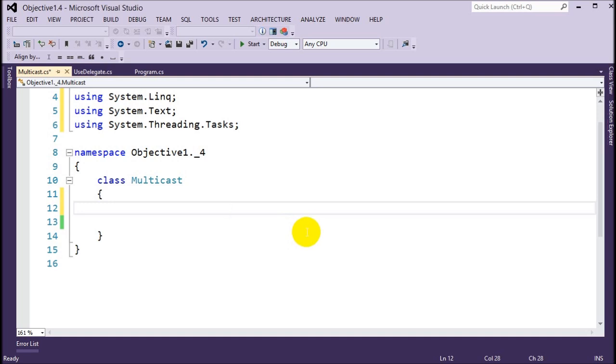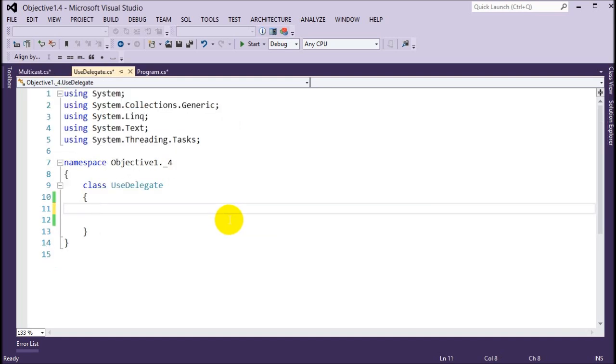The reason why we're talking about lambda expressions right now is because delegates can use lambda expressions. Think about it: a delegate points to a function. Instead of pointing to the function with a function name and everything else, we could just point to a lambda expression, and that's a function that's created on the fly that's used maybe just for that delegate. Who knows? So I'm going to show you what that looks like now. Okay, so